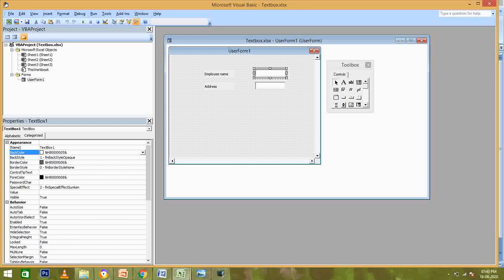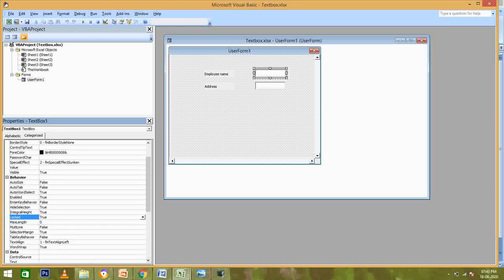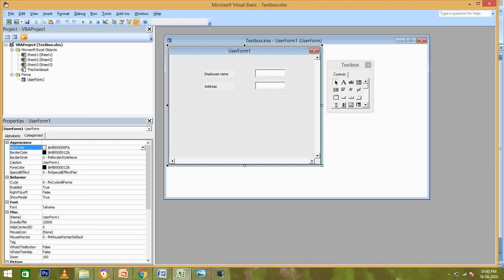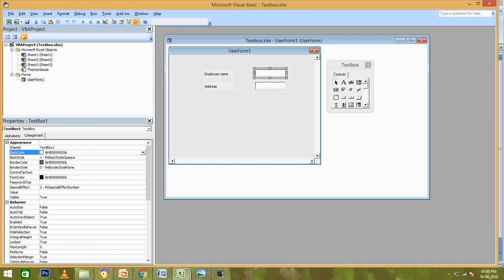We will move ahead with other properties like password char, auto tab, locked, then multi-line property, word wrap property, and text align. We have plenty of properties available with the text box. So we will first look at the password char property of the text box.